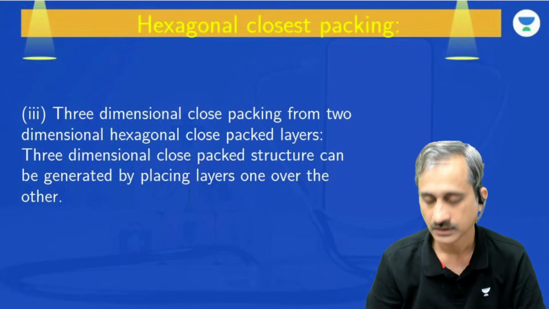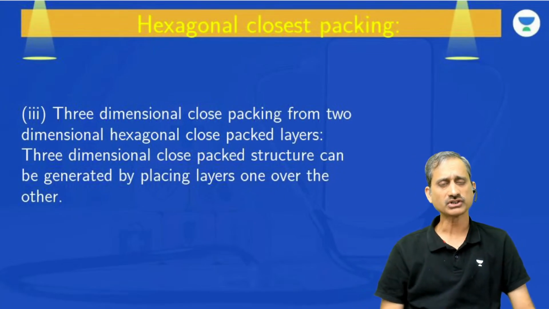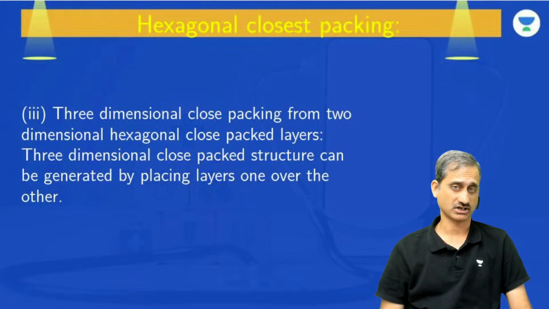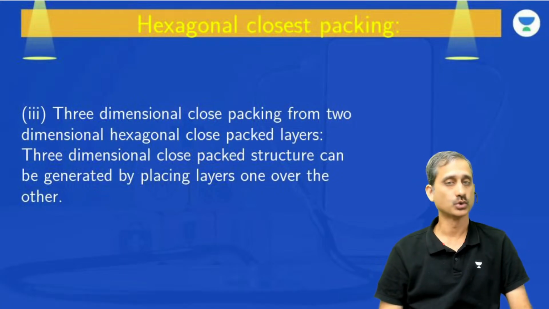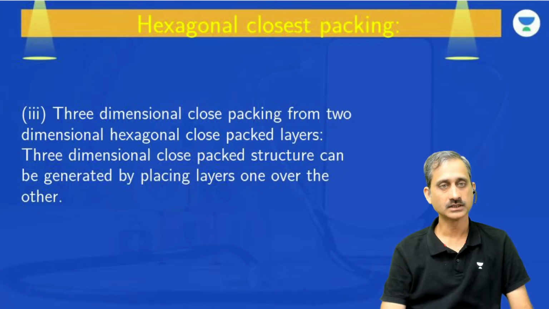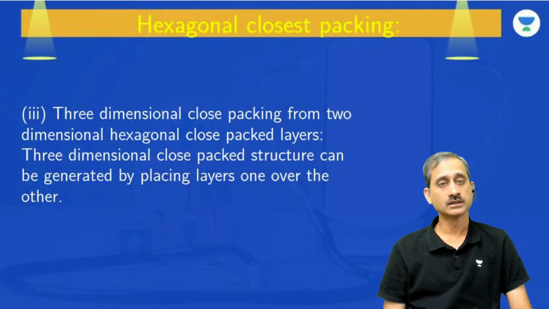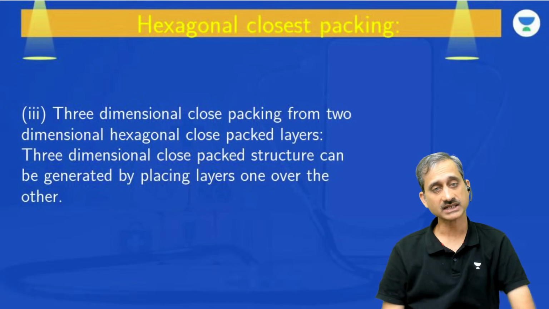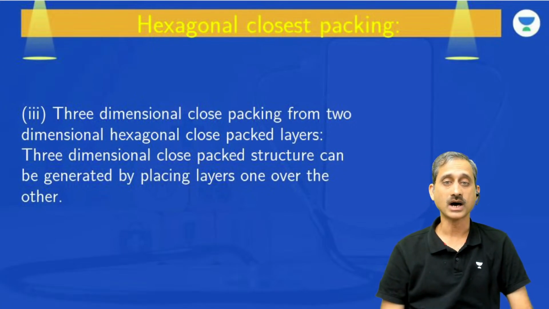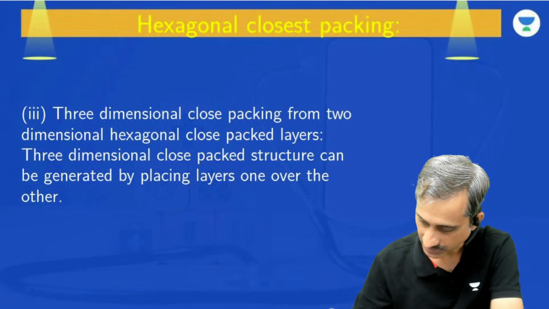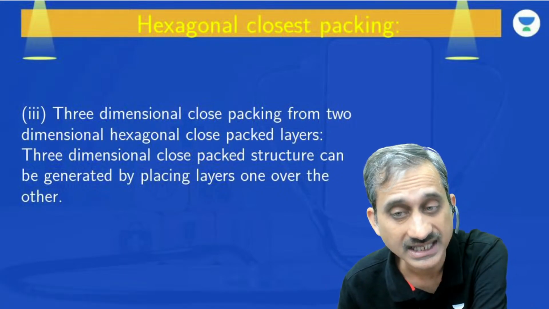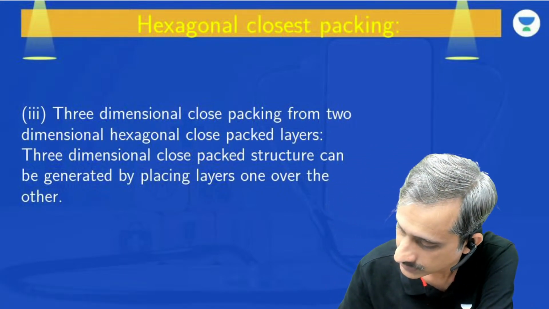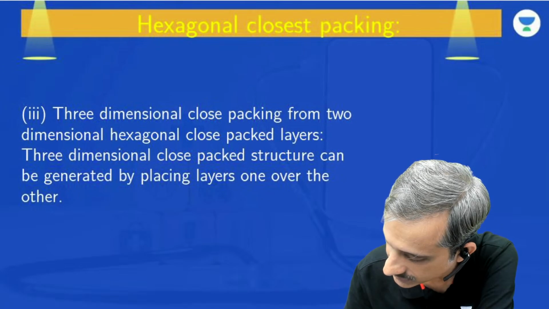Fine. Now we are going to talk about the three-dimensional close packing from two-dimensional hexagonal close packed structures. Now let's begin over with it. Now a three-dimensional close packed structure can be generated by placing layer over one over the other. Now let's see how we are going to create the three-dimensional hexagonal layers. As you would be knowing, here we have